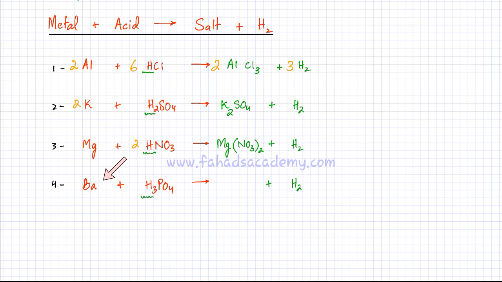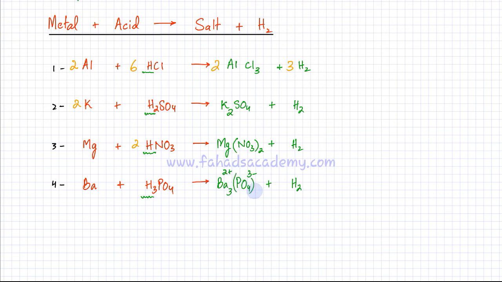Remember barium is in group 2, so barium would have a charge of 2 plus. So the formula of the salt is going to be barium would replace the hydrogen ions, so it's going to be Ba and PO4. PO4 phosphate is 3 minus, barium is in group 2, it's 2 plus. Using the crisscross method, get this 3 over here and this 2 over here. So the formula of the salt is going to be barium, there would be 3 barium ions and there would